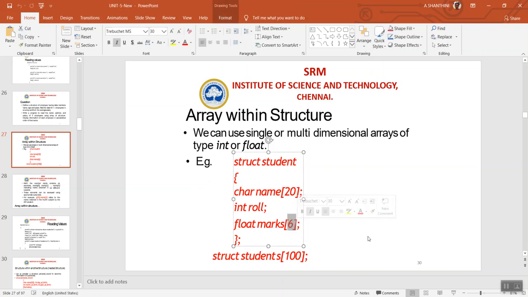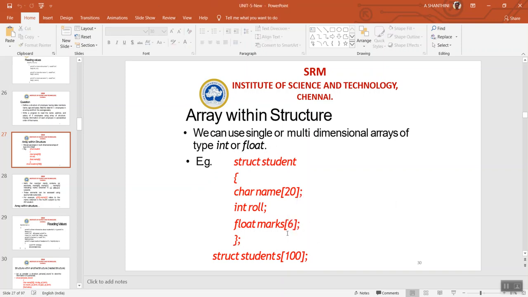So I'm going to get the marks of each student. Okay, so I'm going to get the marks of 5 subjects for each student inside this record. So for 100 students, I'm going to get each subject mark individually. So it's an array within an array. Okay, so it's an array within a structure.